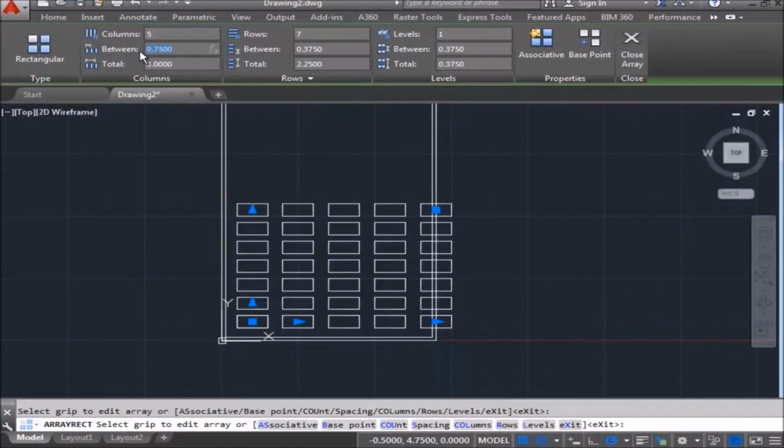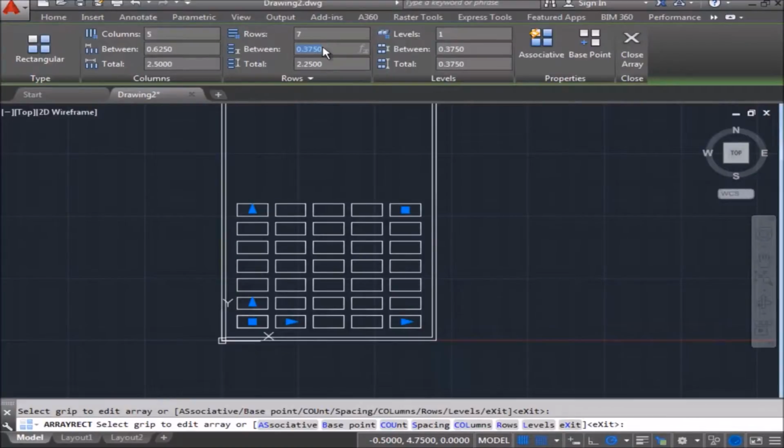So here I'm going to type 0.625 because the shape is 0.50 and another 1/8 would make it 0.625. For the row spacing, again, the shape is 0.25 and an additional 1/8 would make it 0.375, which is already typed in. So this time you will make sure that in the property section, associative is turned